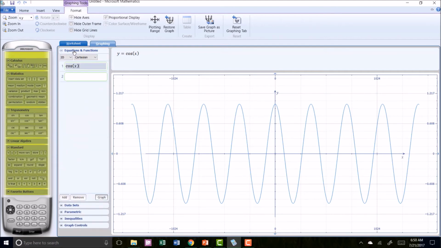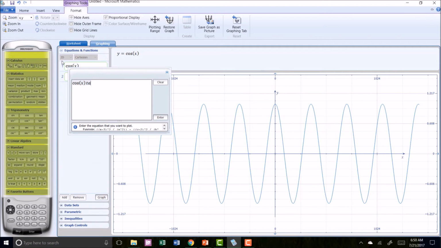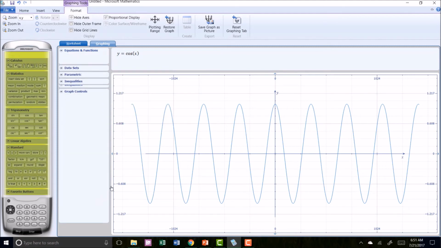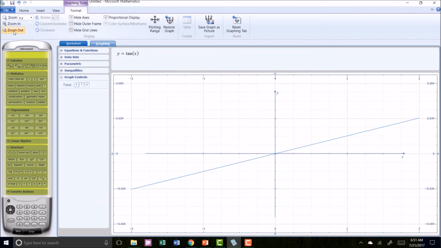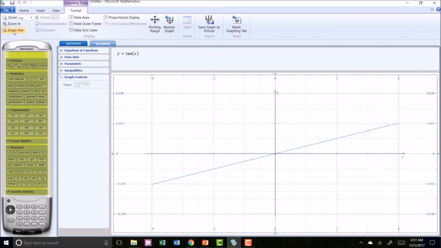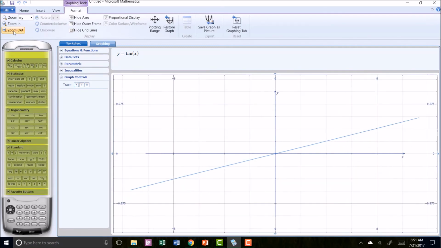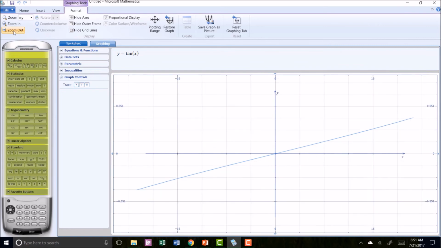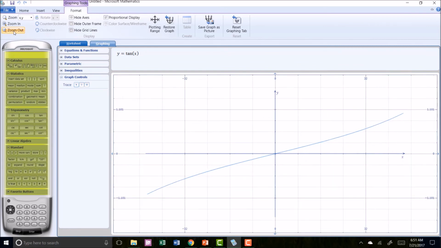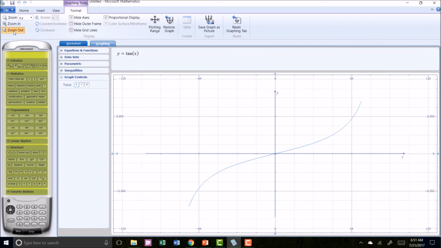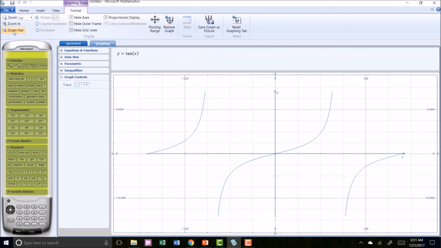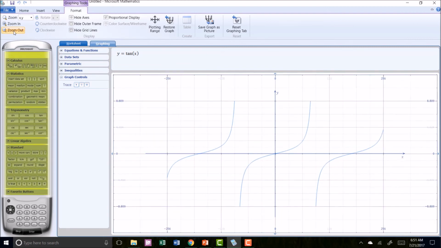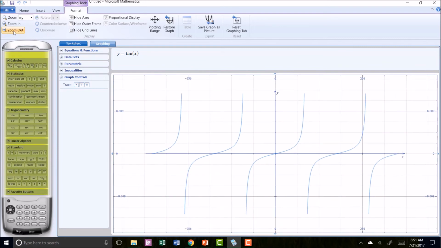Now let's go look at the tangent. It's got a much different behavior. So type in tan of x, enter, graph, expand out again so you can see the full behavior. The tangent does some more strange stuff, basically. You'll see when we get to 90 degrees, it just blows up, goes off to infinity. And then just past 90 degrees,